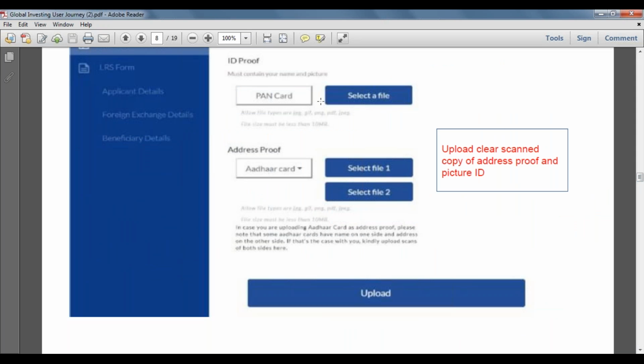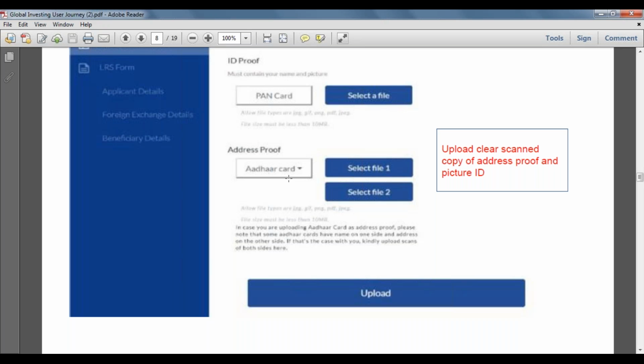Okay, this is the screen that you'll see. So you just need to click on PAN card, upload your PAN card over there, right? Then click on address proof, then upload either Aadhaar card or any other utility bill that you want to submit as an address proof. So anyone who is uploading the Aadhaar card, we need to make sure that if you're uploading the smart card, wherein you have your photo and your name, and on the back side you have your address, we need to make sure that on the back side we have the